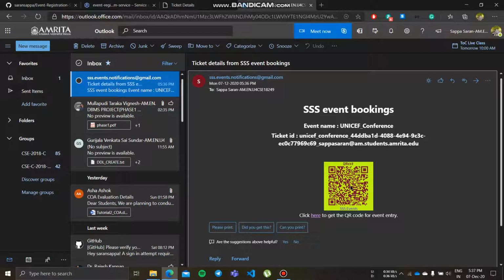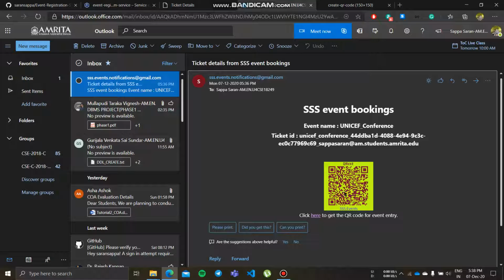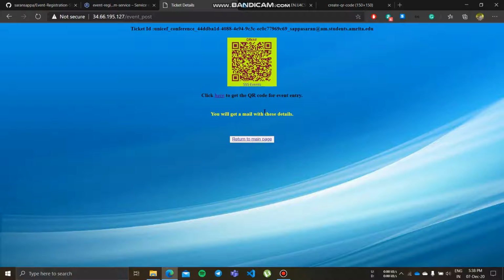If the QR code is not visible due to some reason, we can click here to get the QR code from another website so that it's fault tolerant. It's loading. Yeah, this is the QR code. If we can't see this QR code due to some reason, we can look at it by clicking here. Yeah, coming to ticket details, this is the page after registering for the event, and there is a button called return to main page,